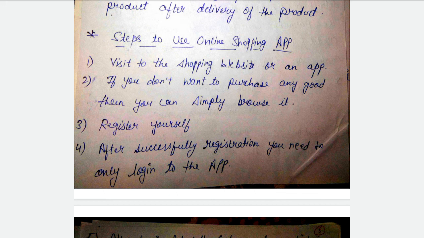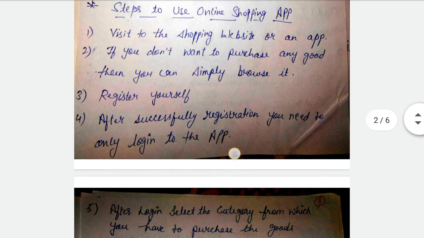This registration process can be different for different applications. Like Flipkart just asks you to register with your phone number, and then it sends you an OTP on your registered phone number, and then you are signed in to that application. After successful registration, you only need to log into the application.